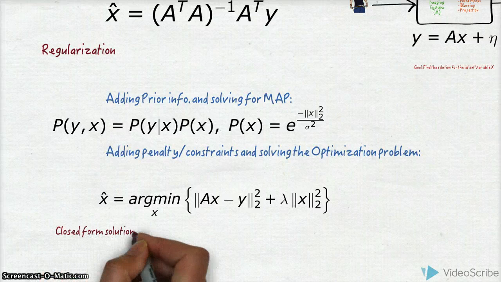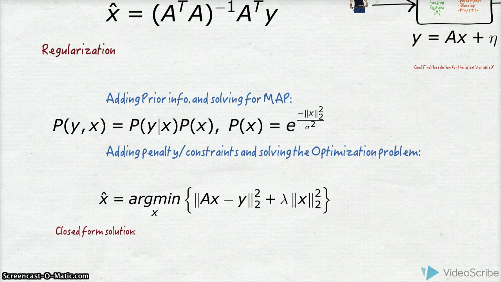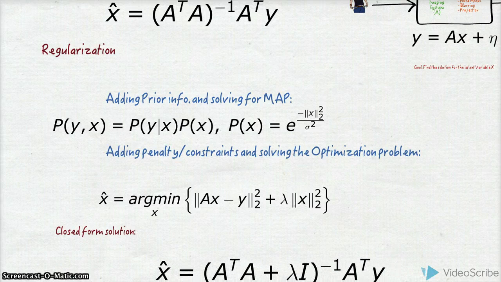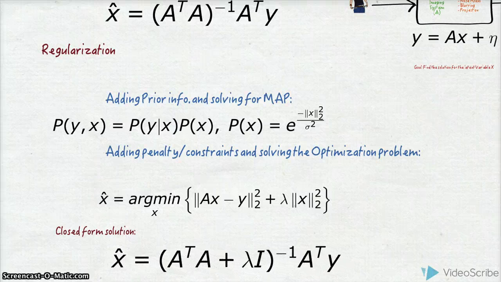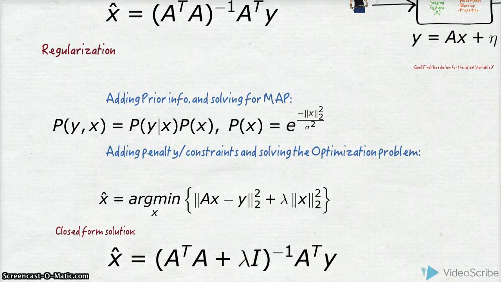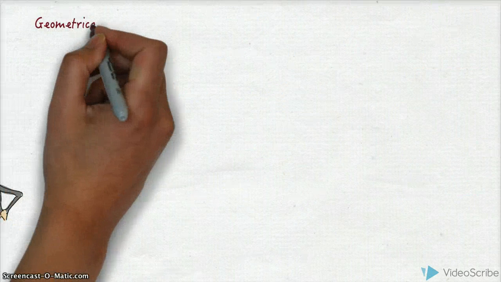So in this case, we have ridge regression using L2 penalty. Also, for this problem, we have a closed form solution, and we can just add this lambda I to these singular values, and we can solve the problem. If we would like to have a look at a geometrical interpretation for this problem, or for this L2,